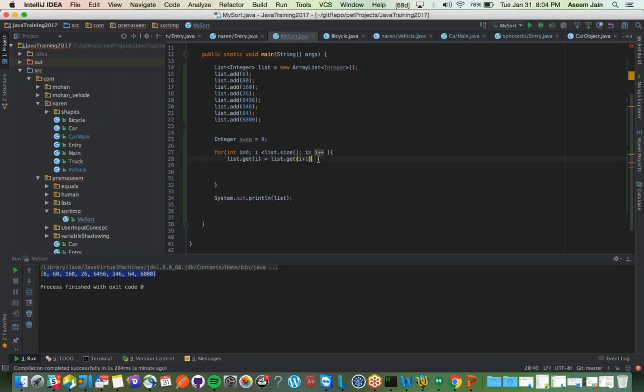So now we'll do the swap. How we are going to swap is, we have a swap variable. First we will keep the value of this variable inside this. So if i is greater than this, then